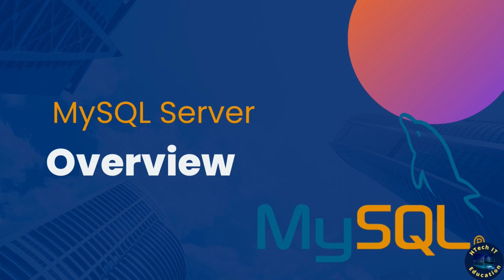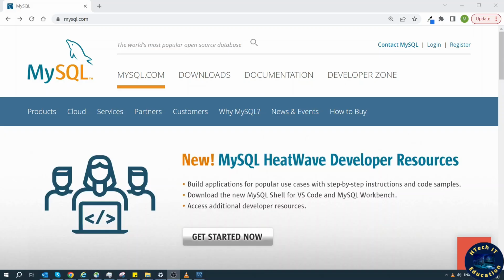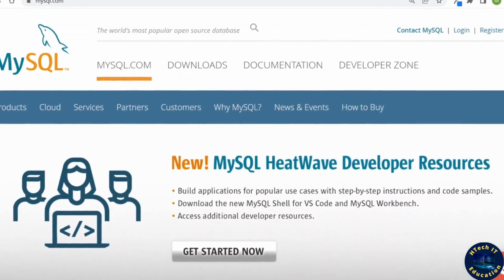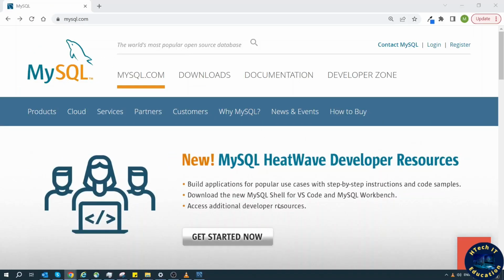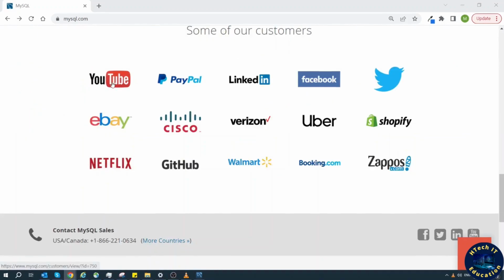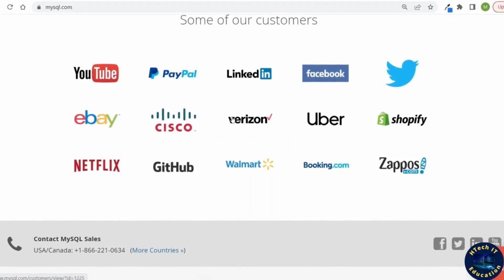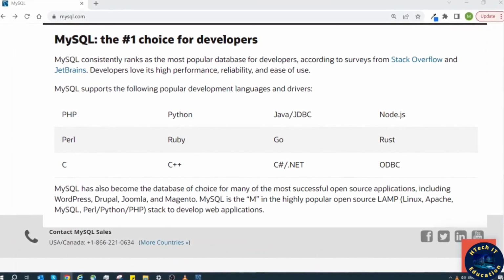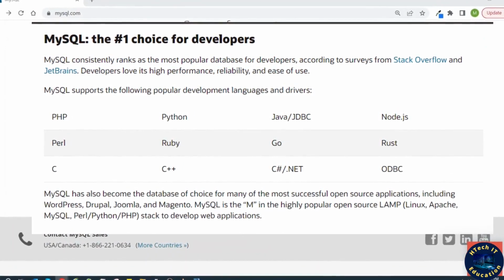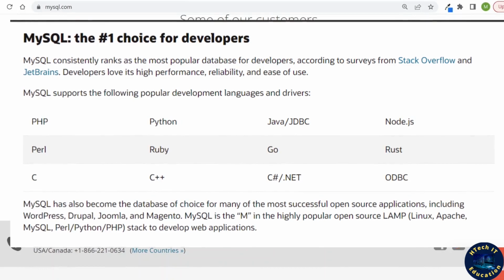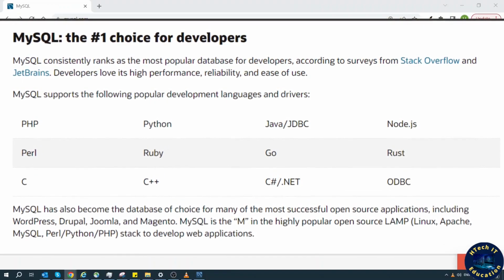Now let's move on to MySQL Server. So let's take a quick look at MySQL Server. MySQL Server is the most popular open source database. It is widely used in applications, especially for web applications like YouTube, PayPal, LinkedIn, Facebook, Twitter, etc. MySQL supports many popular development languages like PHP, Python, Java, Node.js, Ruby, Go, Rust, C, C++, C Sharp,